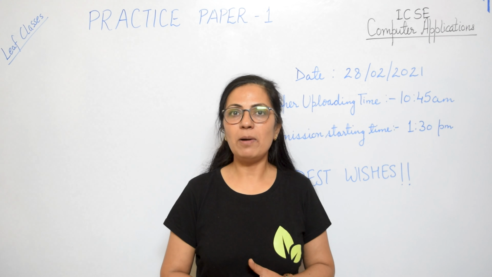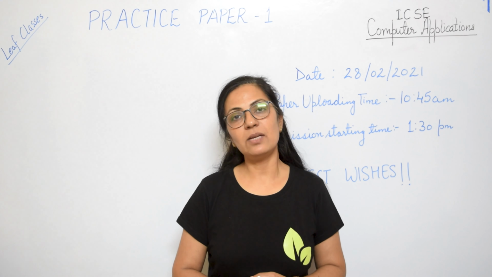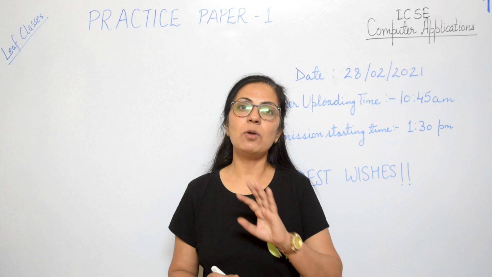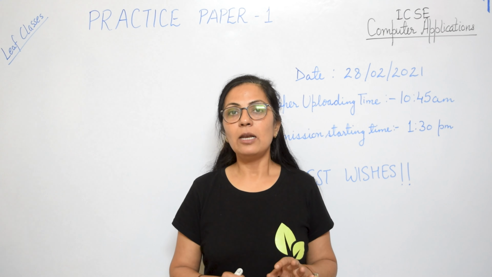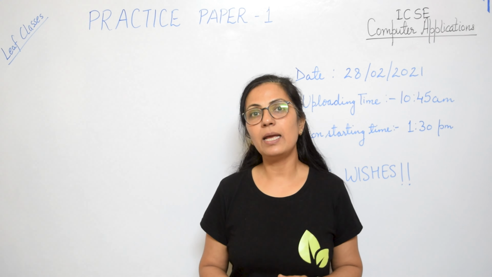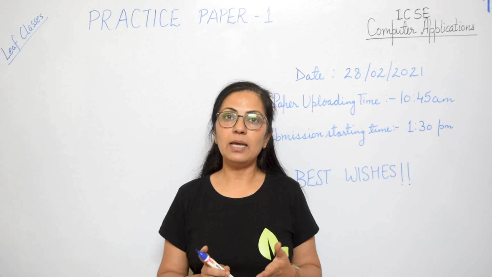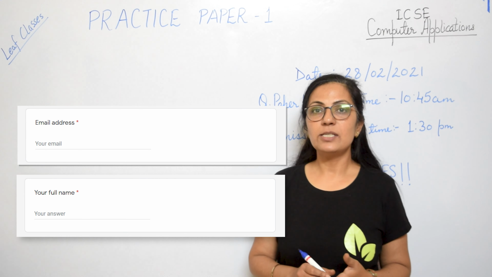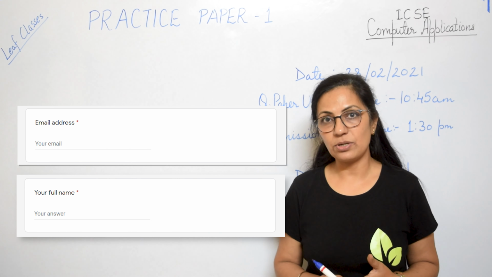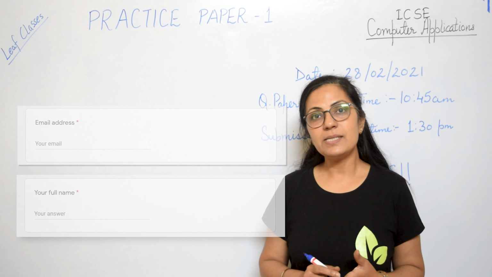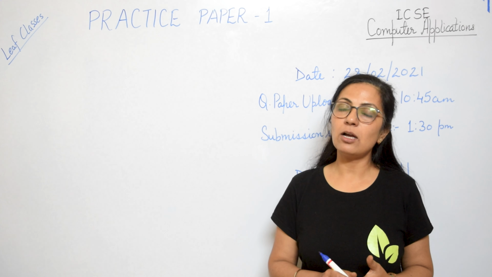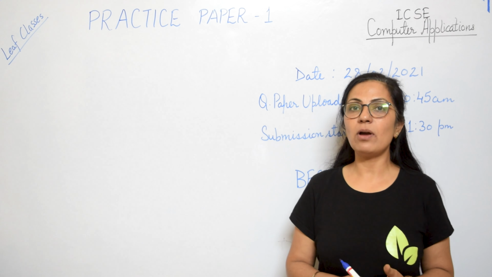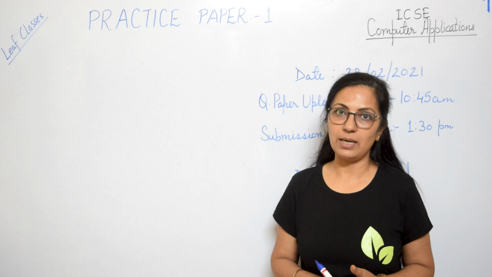Now let me tell you about the submission details. At 1:30 when the link opens, you have to click on the link. By that time your PDF file should be ready. When you click on that link, you will get a form and there you have to enter your mail address and your name. Children, these two are mandatory, right? Because we will be sending you the Zoom session link or Google Meet link through your mail ID only. If we don't receive your mail ID, we will not be able to send you any details.